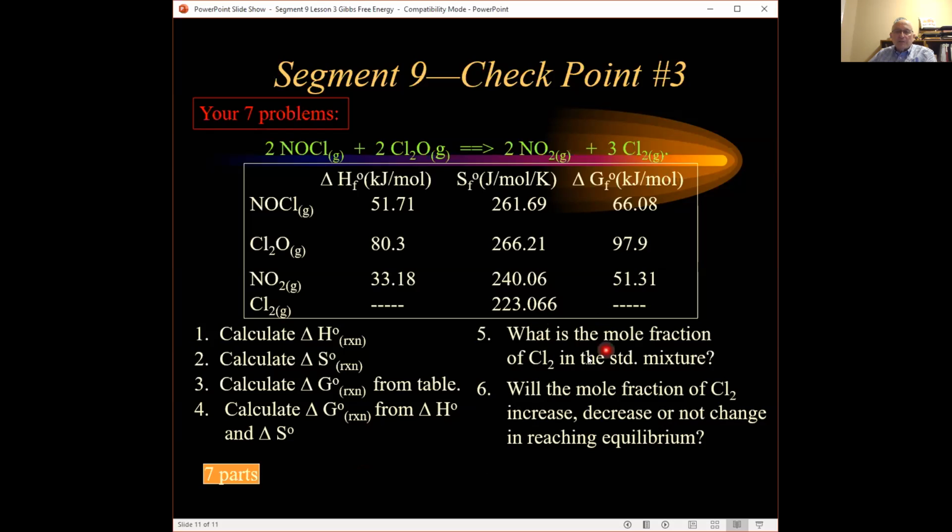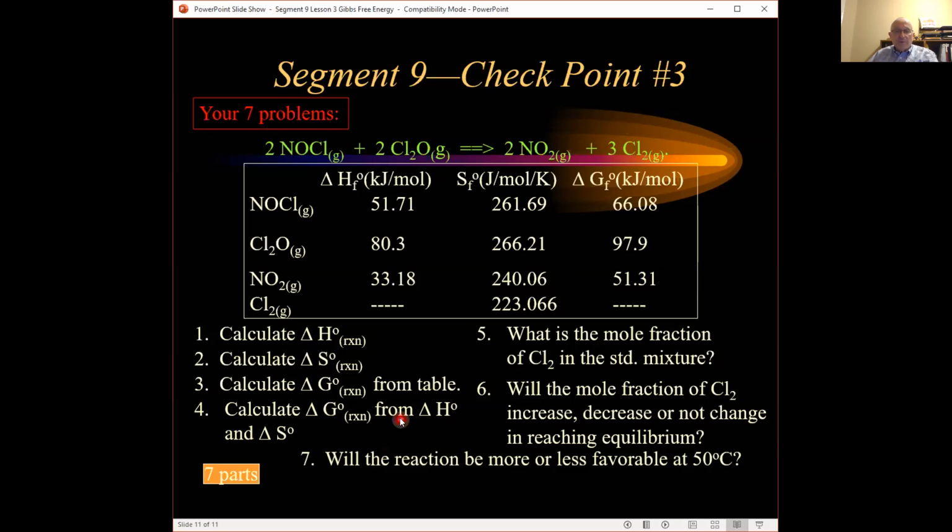What would be the mole fraction of Cl2 in the standard mixture? Now be real careful. I've kind of used examples all the way where that was 1/3. It's not going to be 1/3 in this one. Will the mole fraction of Cl2 increase, decrease, or not change in reaching equilibrium? Well, if you predict the reaction is spontaneous to the right, then it would increase the amount of Cl2 in the mixture. If you predict the other direction is spontaneous, then the amount of Cl2 would decrease